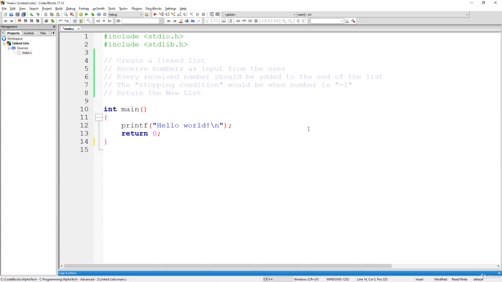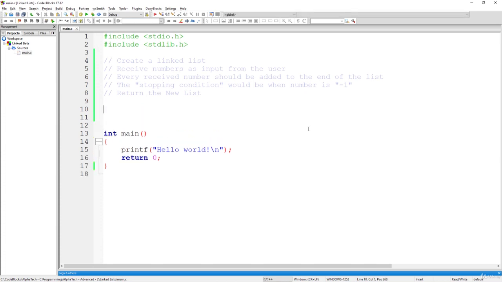Okay, fantastic. Let's start coding, right? It's time for some coding. And the first thing we are going to need for this question is defining a new type of structure, our node. Okay, so let's define our node, and we know that it can be the same node as we used